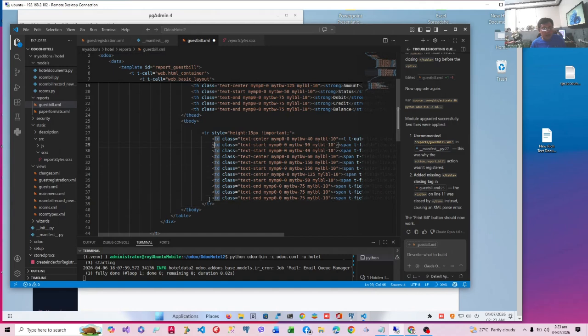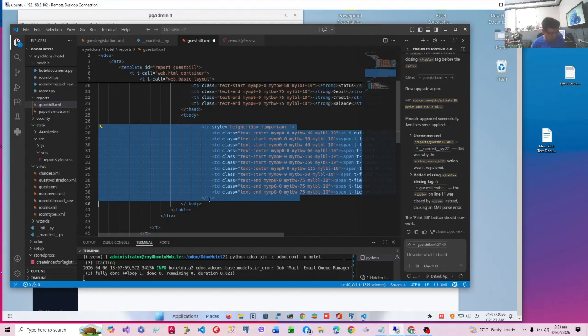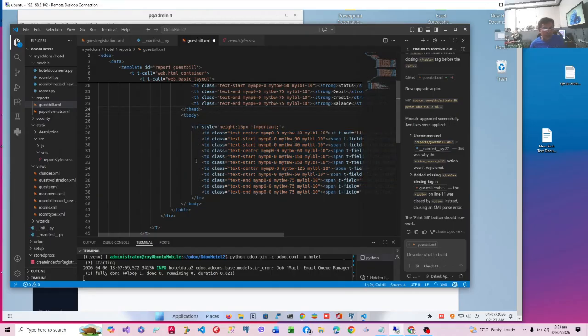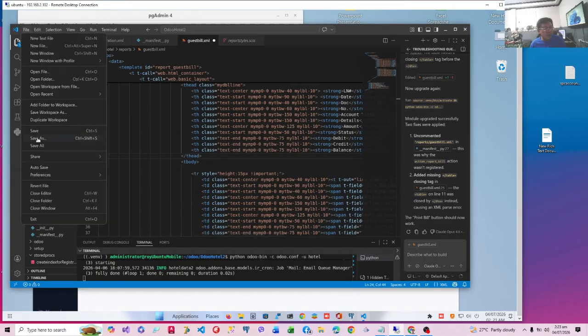There it is. Let's indent this properly. Shift tab. Yes, we are in the right indentation, because TR contains TD. How many TDs? 1, 2, 3, 4, 5, 6, 7, 8, 9, 11 TDs, similar to the number of TH that we have above in our header.